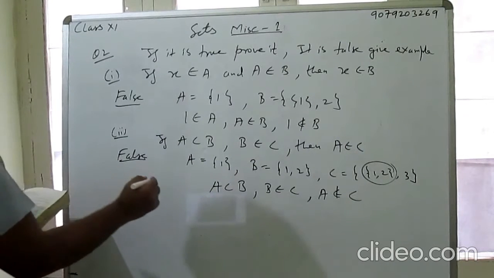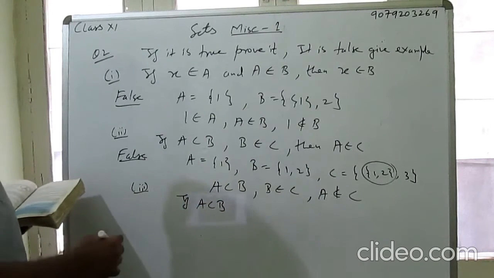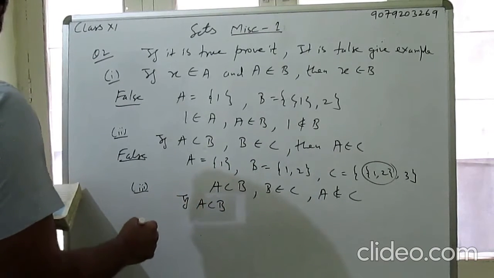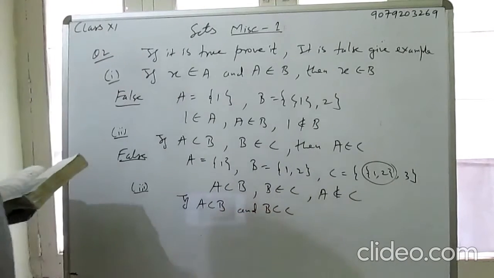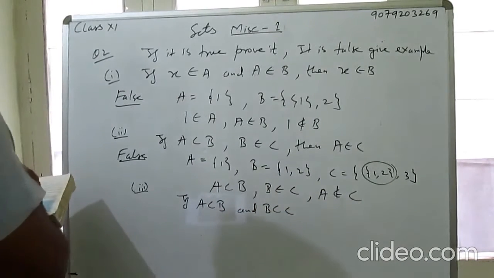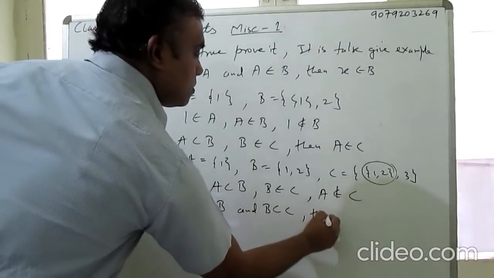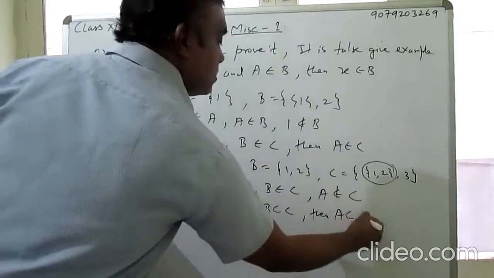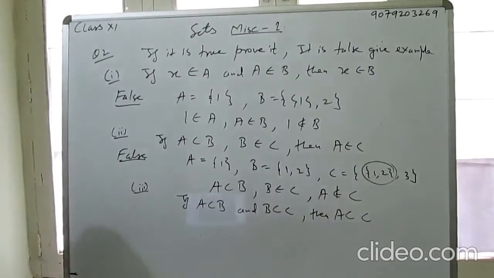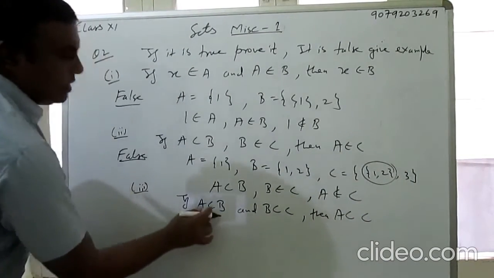If A is a subset of B and B is a subset of C, then A is a subset of C. This is the definition of subset. यदि if A is, ये true है,